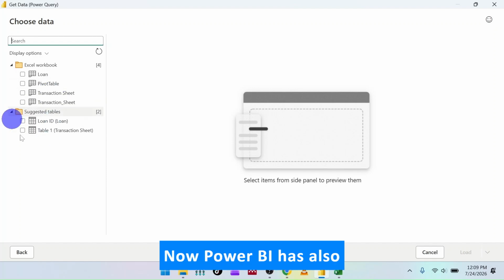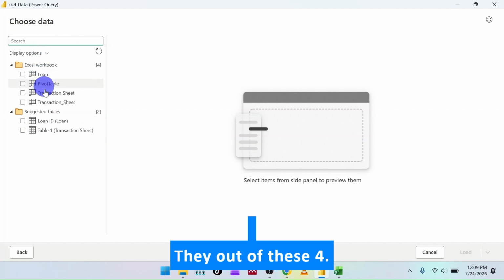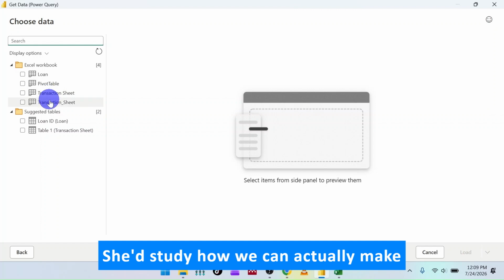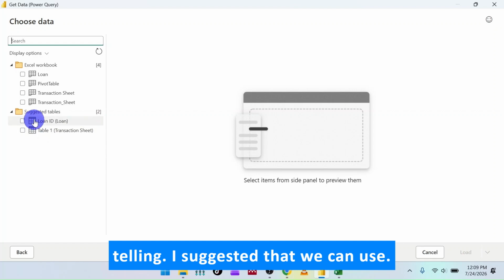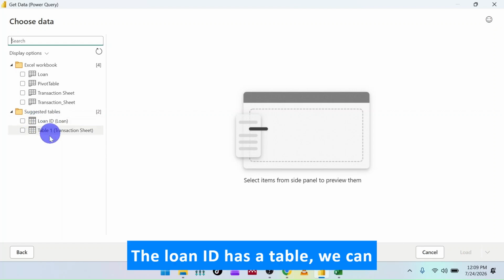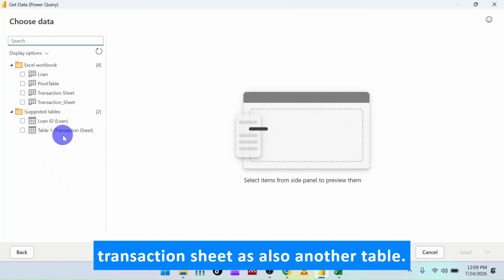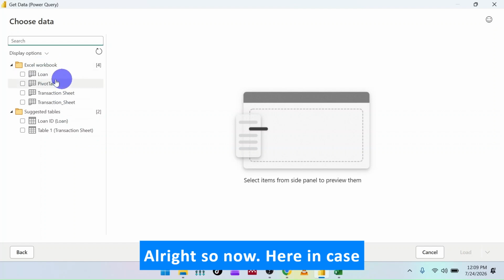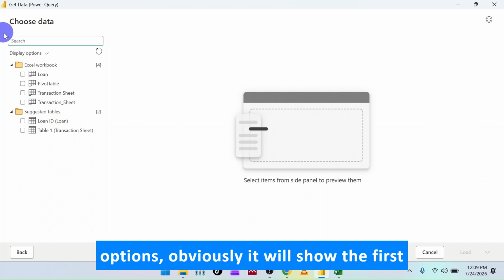Now, Power BI has also suggested over here that out of these 4 sheets that we have, we can actually make tables from 2. So Power BI is suggesting that we can use the loan ID as a table. We can use the table 1, which is the transaction sheet, as also another table. All right. So now here, in case your Power BI does not show these options, obviously it will show the